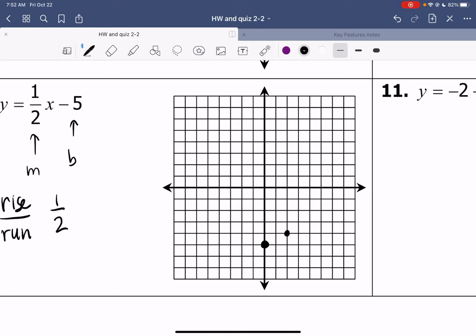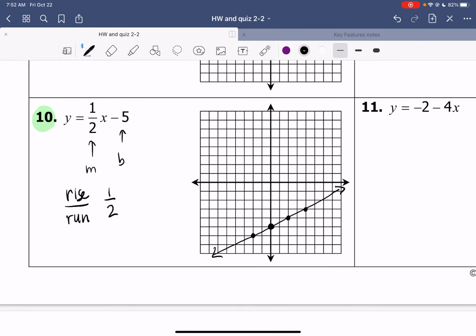And I can keep doing that in both directions, rise 1, run 2. And I could also go in the opposite direction, starting from here, because I need my line to continue in both directions. I can go down 1 and left 2, and that would continue my graph in the proper direction, since they're going on forever and ever. Okay,